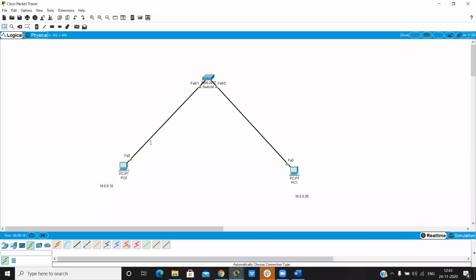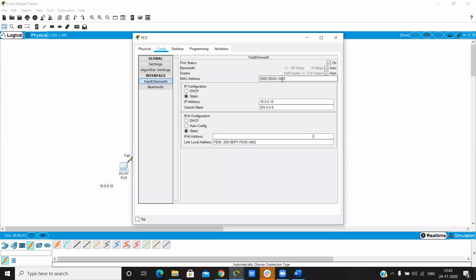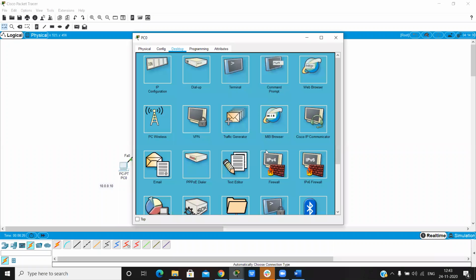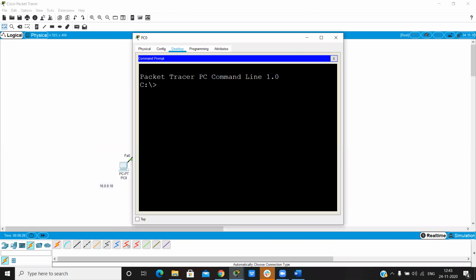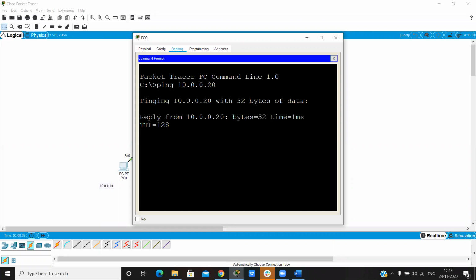Without port security, you can see this is our trusted port with a trusted MAC address. I can ping from PC0 to PC1, and the ping is successful.